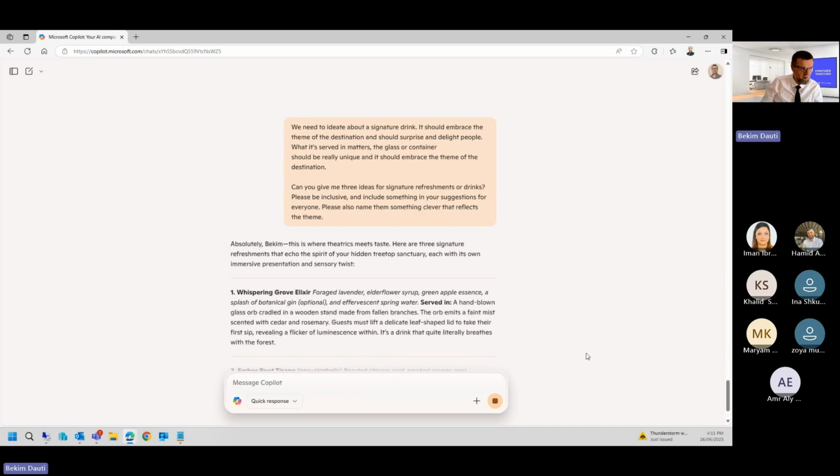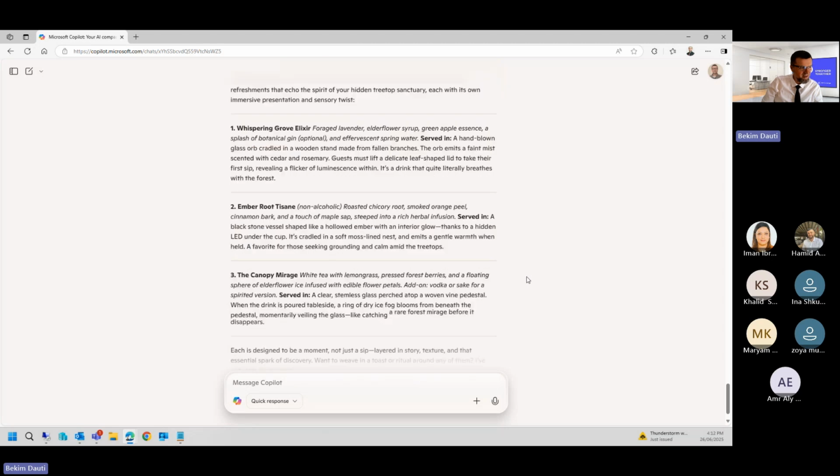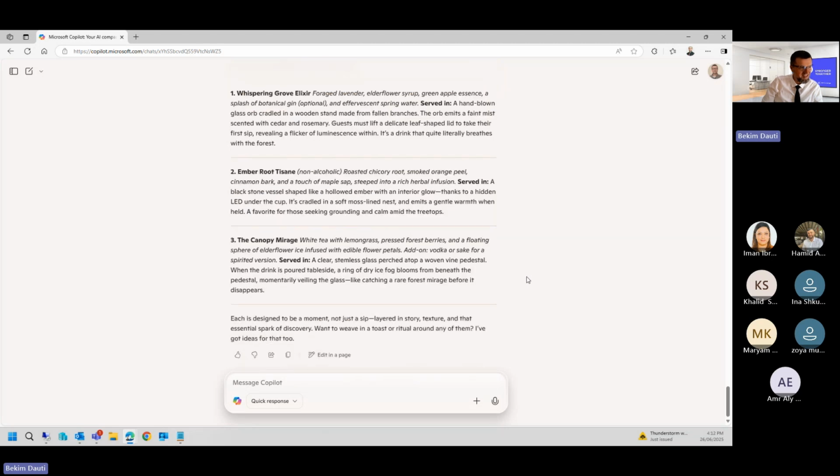Okay. Whisper and Grow Elixir. Okay. Amber Root Tisane. Okay. The Canopy Mirrors. Super. Let's see. Here then, we're going to be asking which one is actually